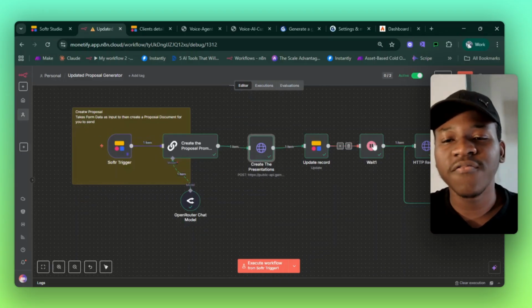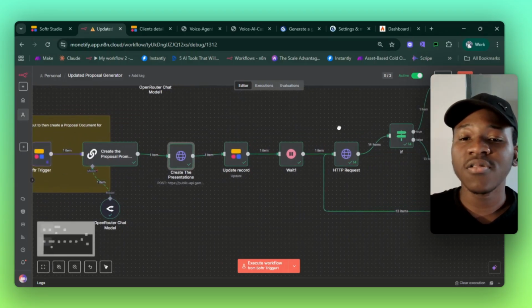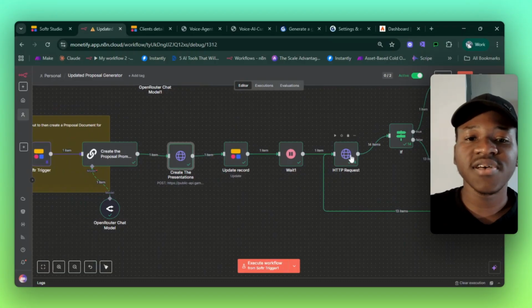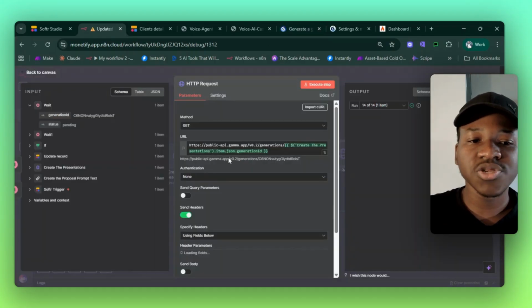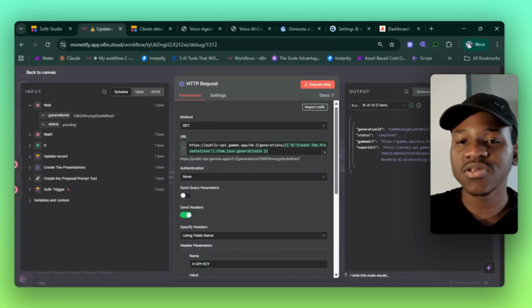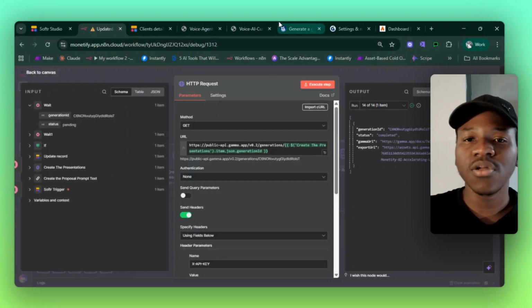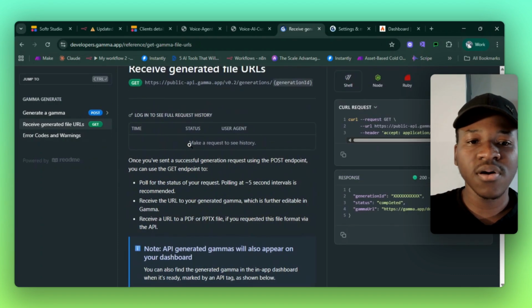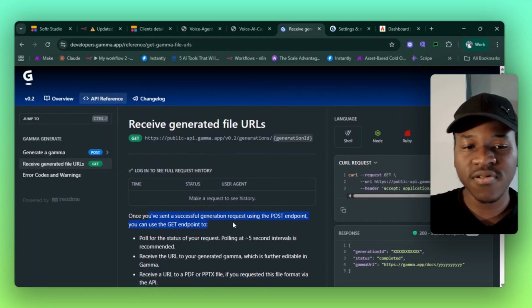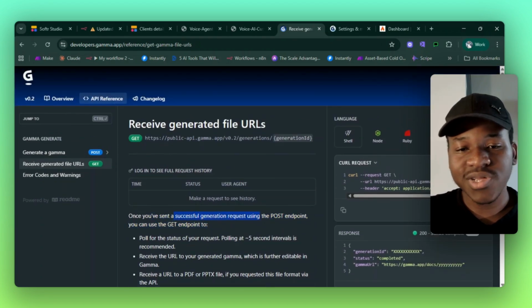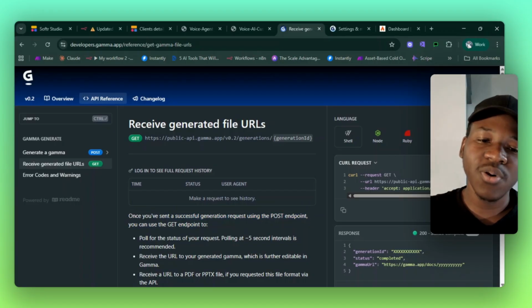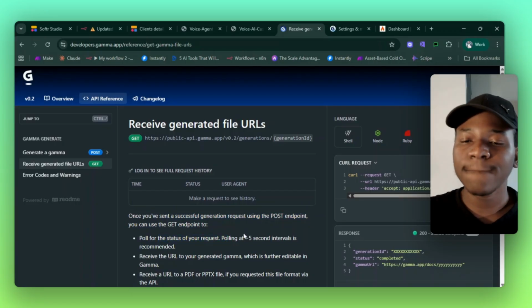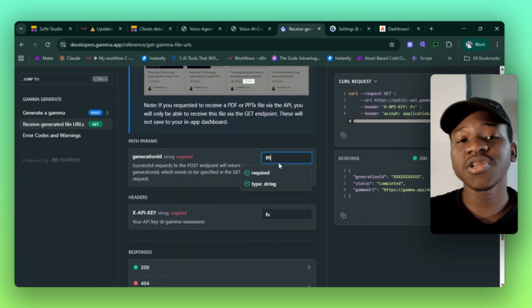And then we're going to want to wait 5 seconds. Now, after that, this node over here serves as the get. So this will check on the status of the generation. Now, simple enough. So you just want to come down here, and then this is once you're successful, send a successful generation request. You can use it to poll the status of your request, and then the generation ID you